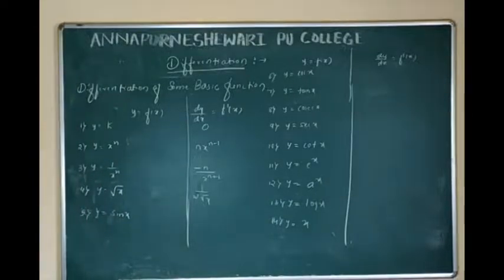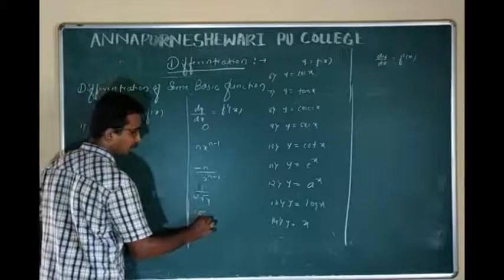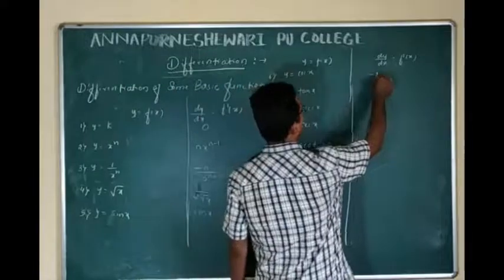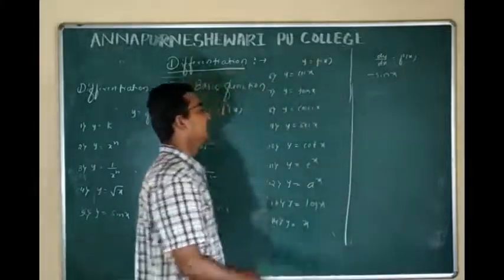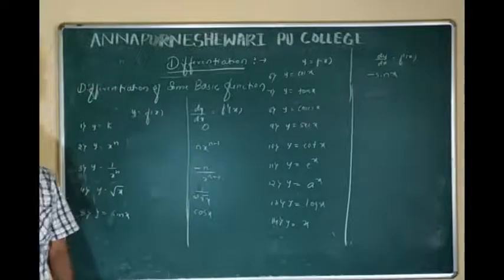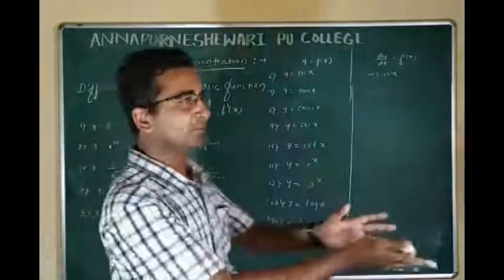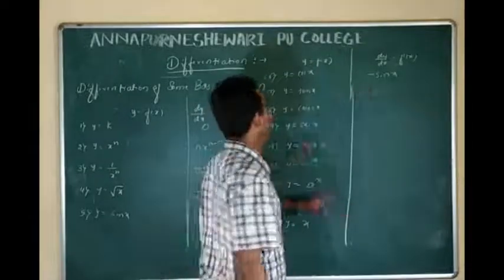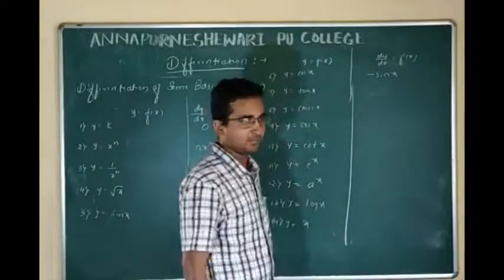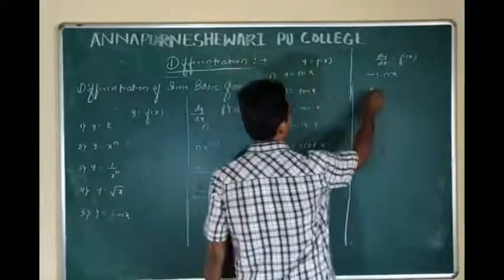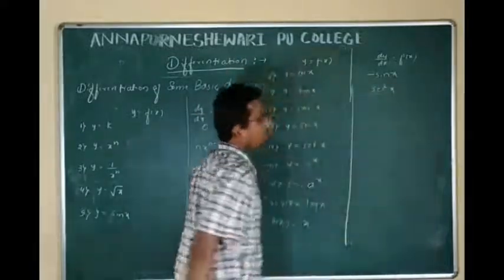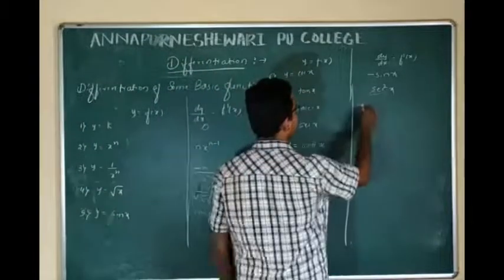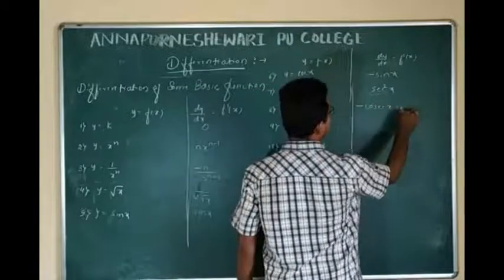Then the differentiation of sin x is what? Cos x. Then the next one, the differentiation of cos x is what? Minus of sin x. So whenever the trigonometric function starts with the letter c, its differentiation is in negative form: cos, cosec, cot. Getting? The differentiation of tan x is what? Sec square x, or secant square x. Then the differentiation of cosec x is what? Minus cosec x into cot x.